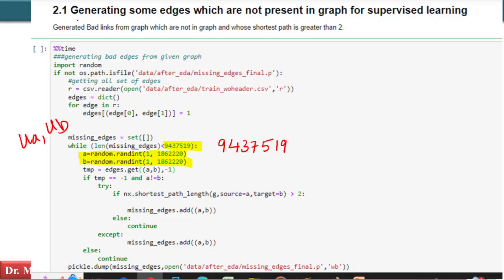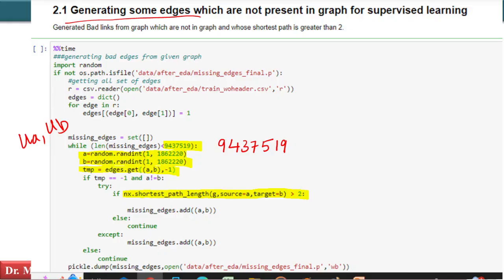I already kept this IPython notebook in my previous lecture video description, and I am working on the same notebook. I randomly sample 2 vertices UA and UB. Then I am going to check if there is an edge between them. If there is no edge between them, and if the shortest path length between UA and UB is greater than 2,